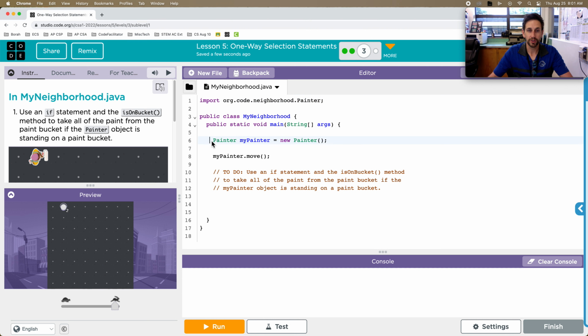Okay, so let's read what we have so far. I'm instantiating a painter object. I'm asking my painter to move, so I will be on the bucket. And then it says to do right here: use an if statement and the is on bucket. It's basically a repeat of the instructions here. So I'm going to say if